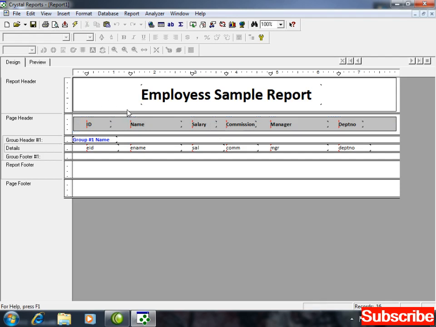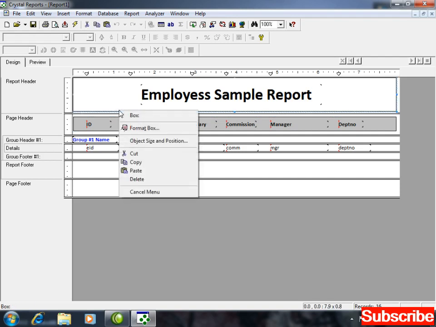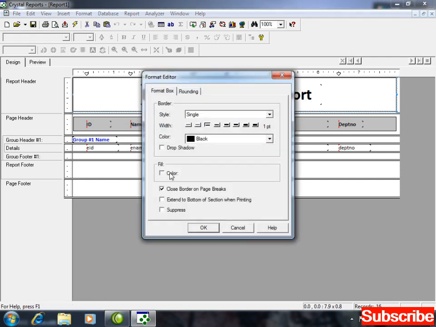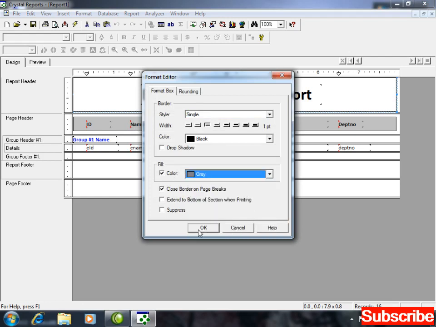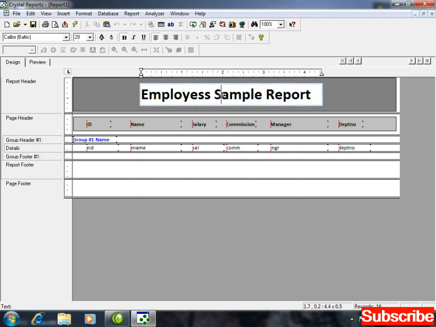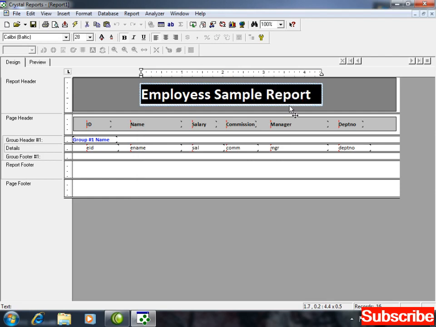And now for the top box, if you want to apply some color schemes, you can apply as well, right? Box selected, right click, format box, fill color, and for the top one, a little darker color I'm going to specify. Gray color specified, and click on OK. And for the text, if you are going to specify white color, that will look much better.